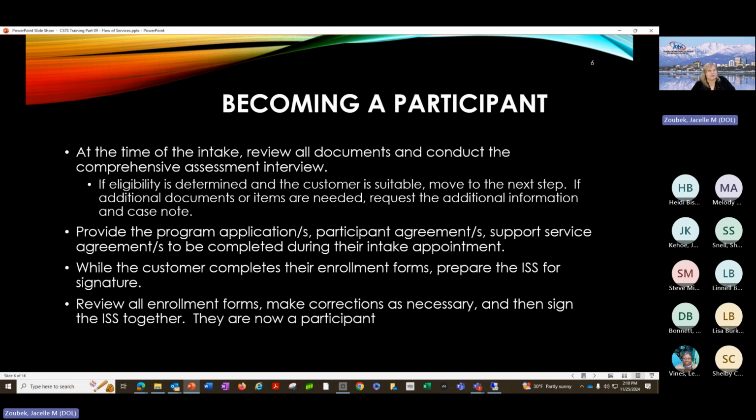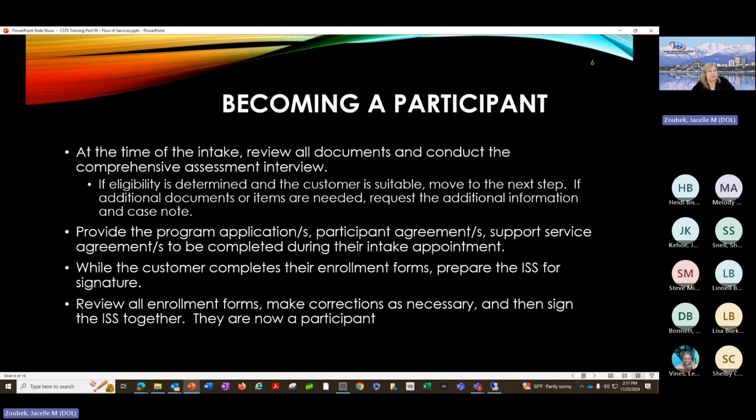If additional documents are needed or they forgot something, you can request that additional information and case note. Maybe you give them something written, like a new to-do checklist of what is missing. Maybe you email them, maybe you tell them, maybe you do a combination, but it should be noted somewhere why the process was stopped if you thought you were going to be moving forward, or what might be missing, and then you can move forward. If you have everything you need at that time, you can give them their program application,